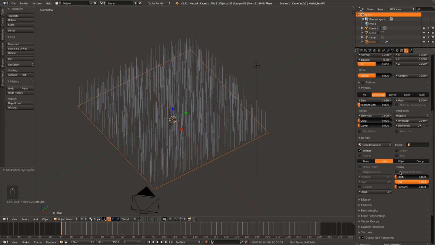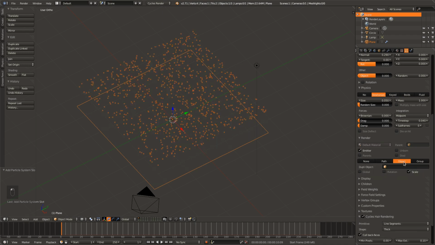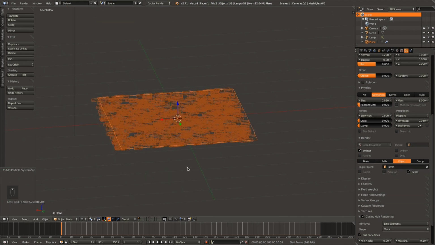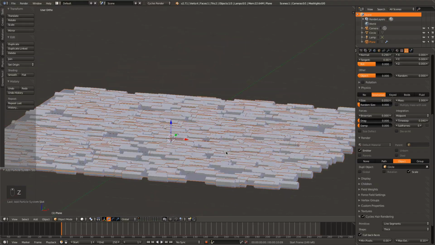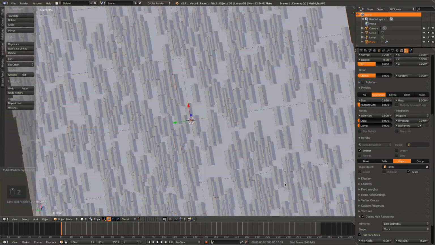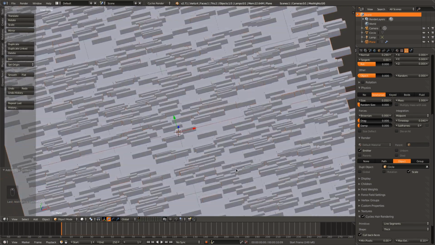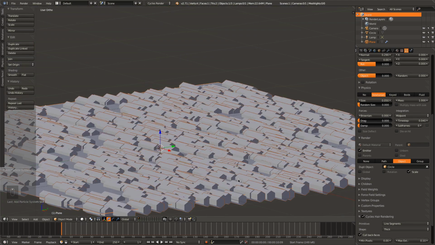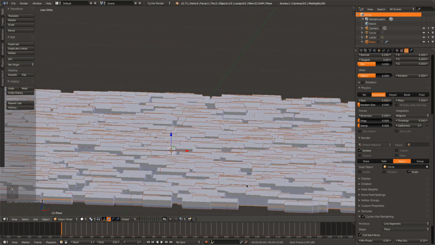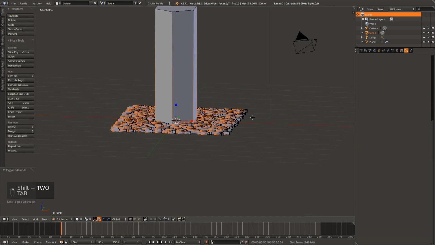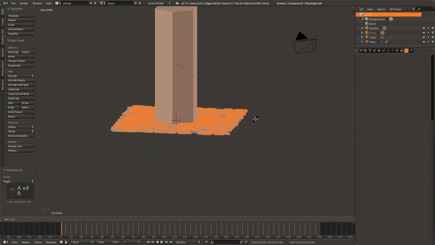We're actually going to come down into the render setting, and hit Object, and we're going to select that circle that we created. It's called a circle right now because it kind of started as a circle, but it's more of a tube. So anyway, it's sitting on its side here, which is not what we want. So I'm going to hit Shift 2, hit Tab into Edit Mode, select those,